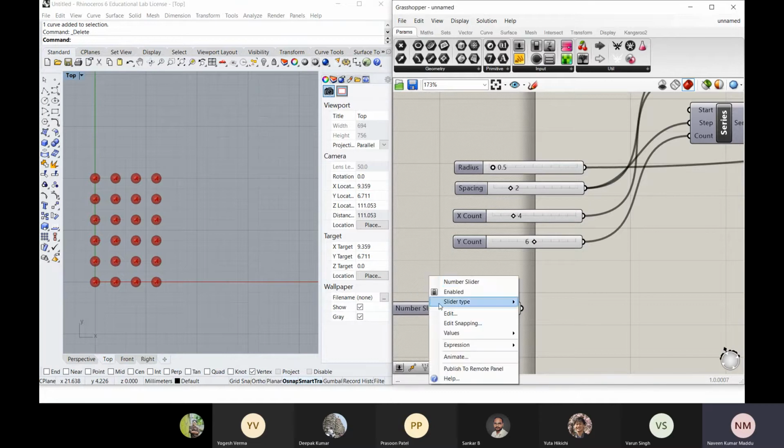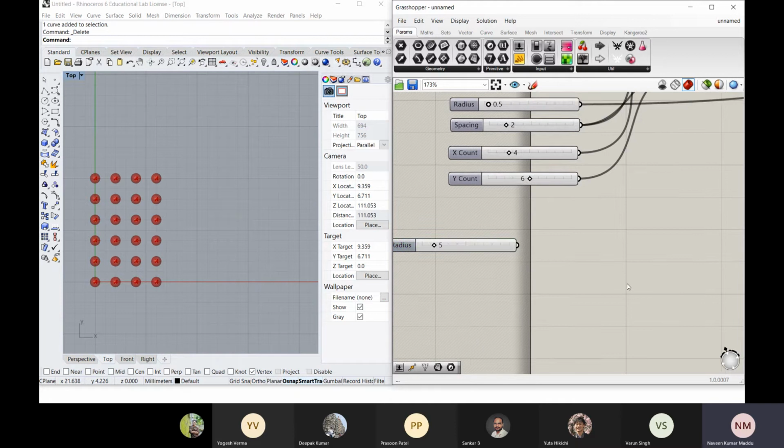Let's say this is your radius, and this is value 5, and you want your spacing, right? Let me copy this. Now you want to have spacing depending upon radius, so let's say you want half of it.